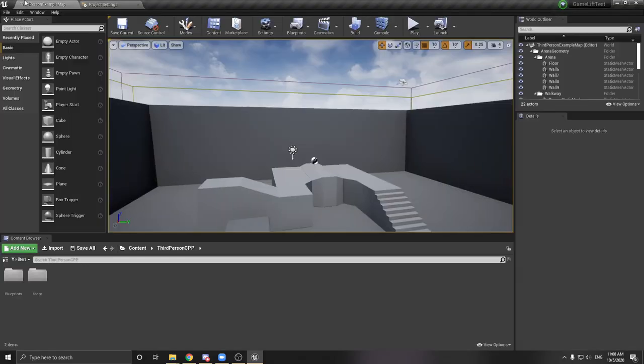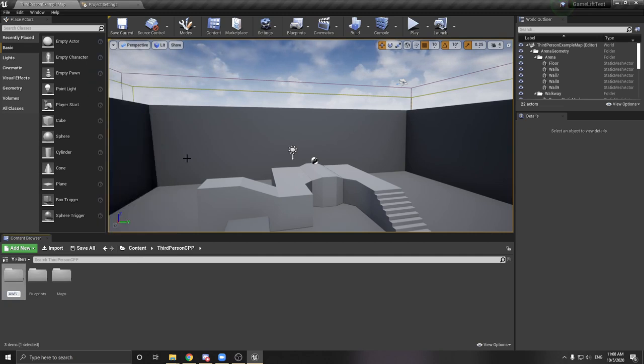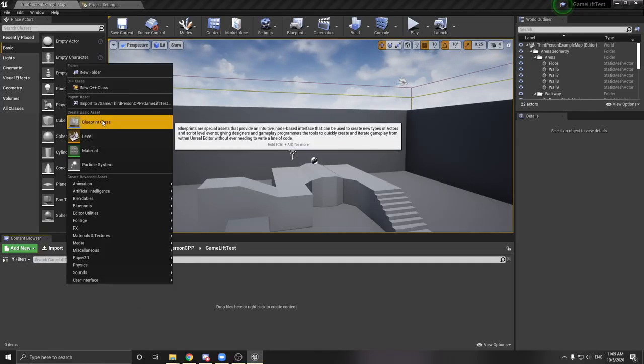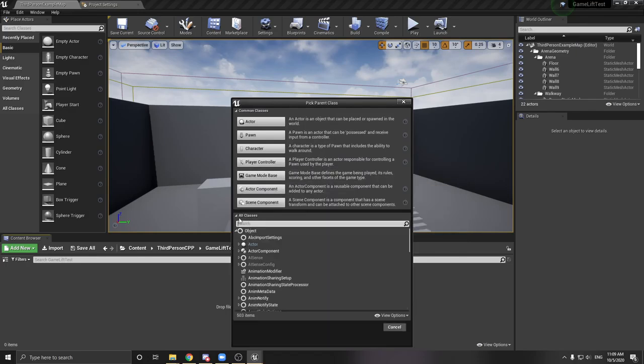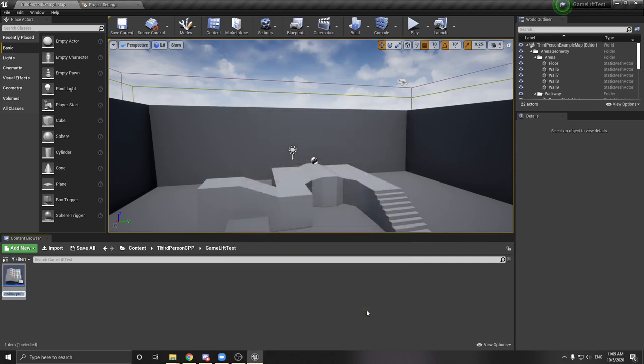Okay, and we're going to create a game mode. So I'll just create a new folder. I call it AWS GameLift test, and create a game mode. I just call it GameLift test game mode. Alright, and